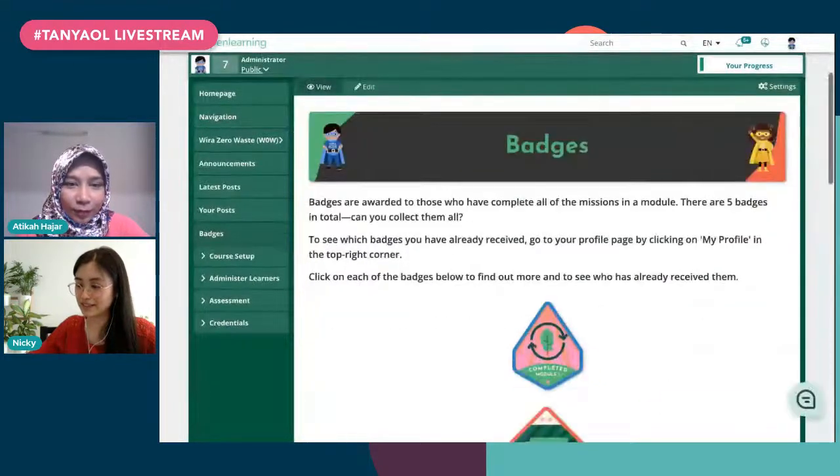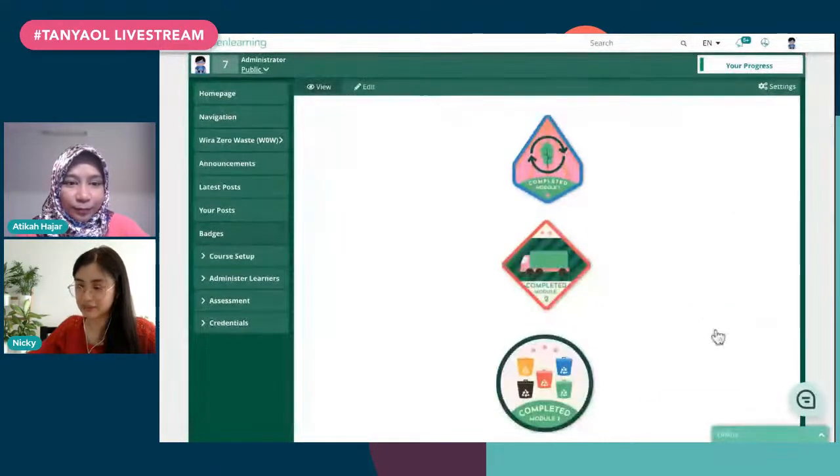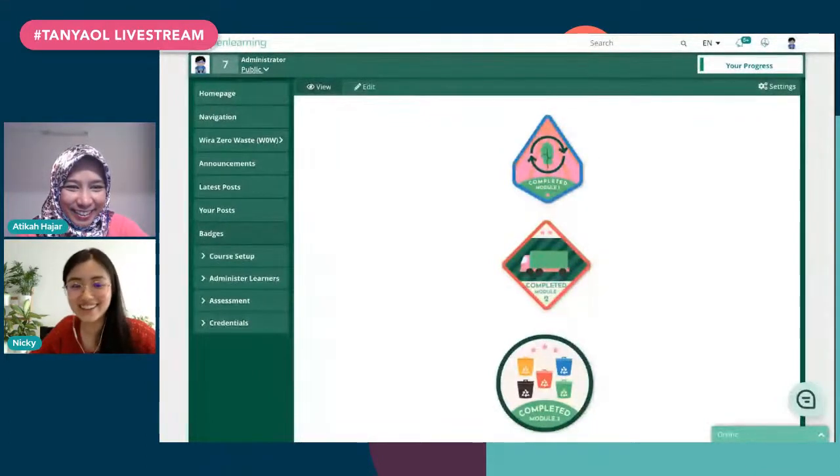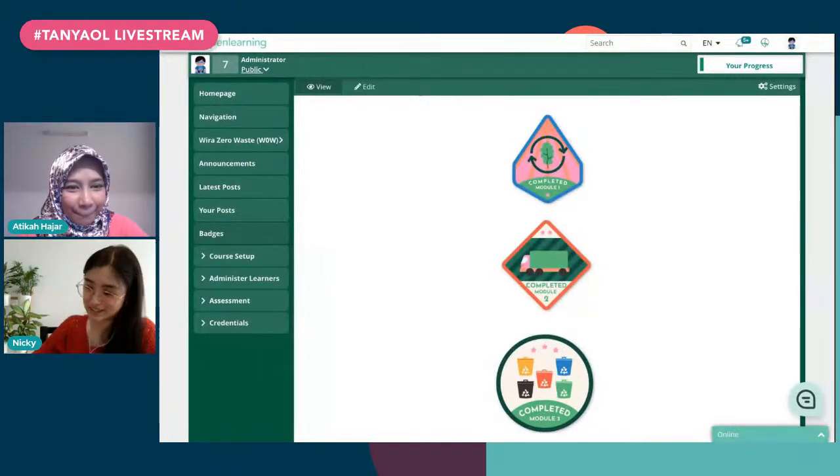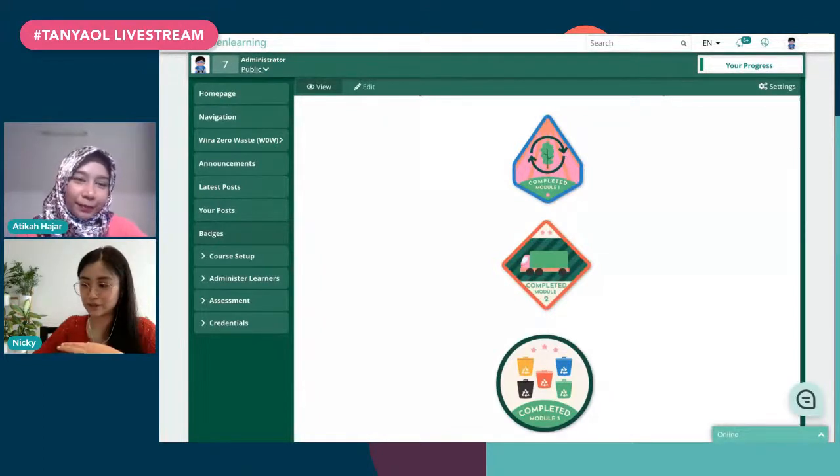And I designed this page so that if you clicked on it, you could see who had gotten which badge and who you needed to join by completing the module and getting that badge. So it describes what you had to do to get that badge, and also who's got it already. And that would turn up in each of the learners' portfolios.